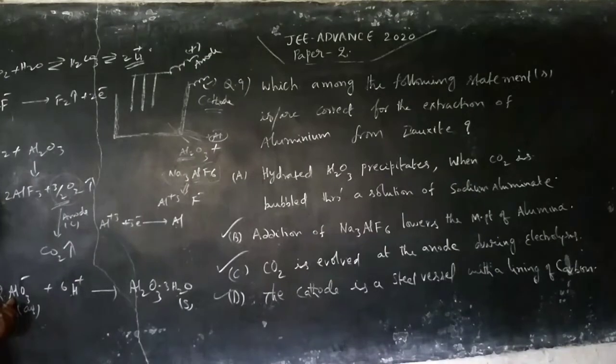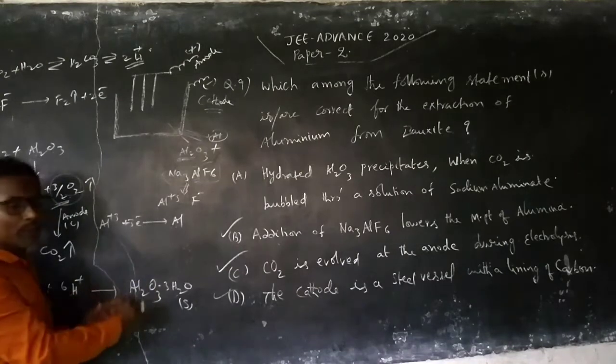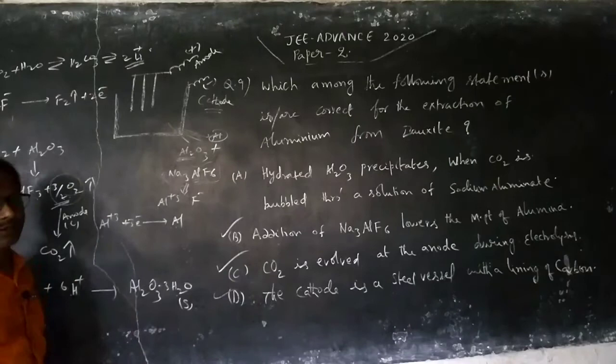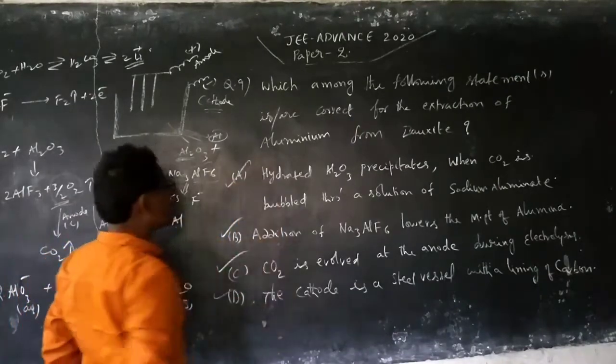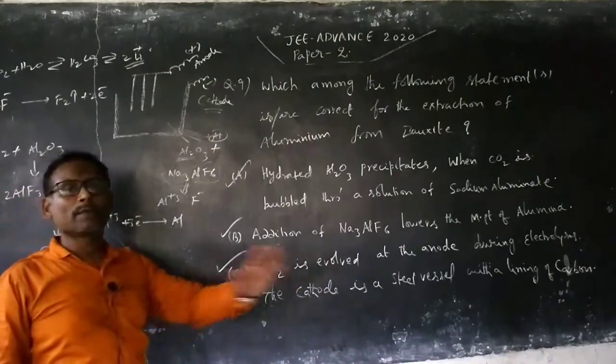So the aluminate just needs to be acidified, which is possible by passing CO2 gas. By bubbling CO2 gas, CO2 interacts with water, giving carbonic acid and providing H plus ions. These H plus ions are responsible for converting the dissolved aluminate into the undissolved alumina in hydrated form. Okay, so this is a part of purification of the oxide. So this is also correct. Here all the statements are correct. So the answer is A, B, C, D.